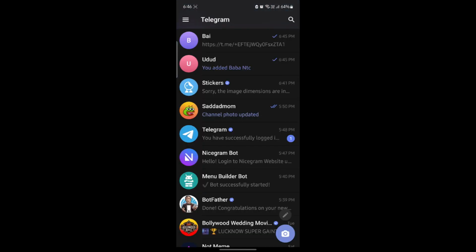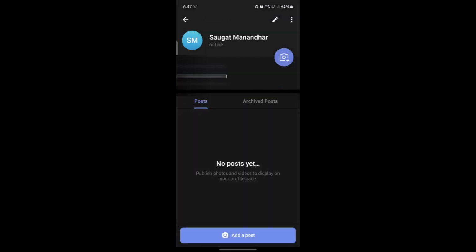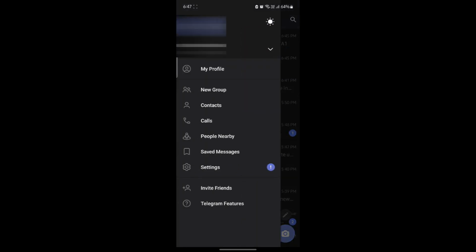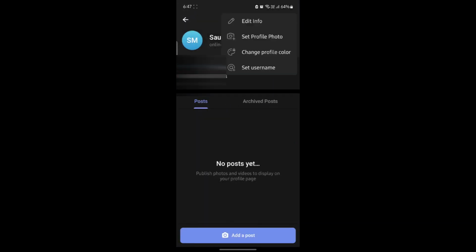Go ahead and open Telegram and go to this three dots option. Go to My Profile and click on this. Now you can see that this is your profile. To share your profile, you can add people, including other people, after you go to My Profile and share your